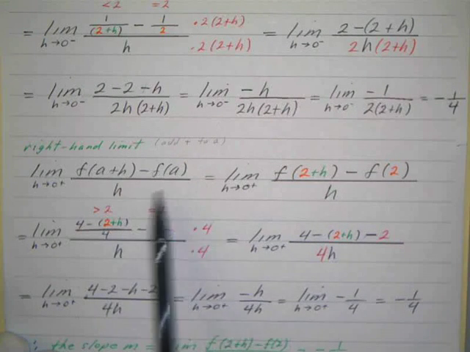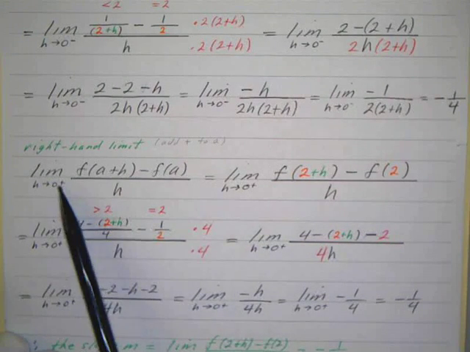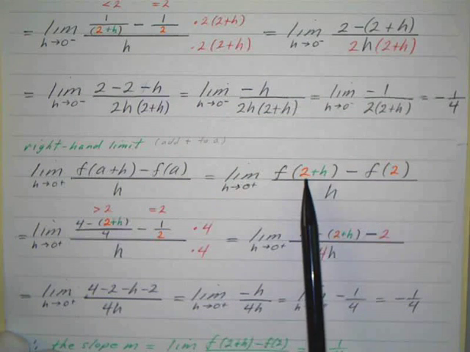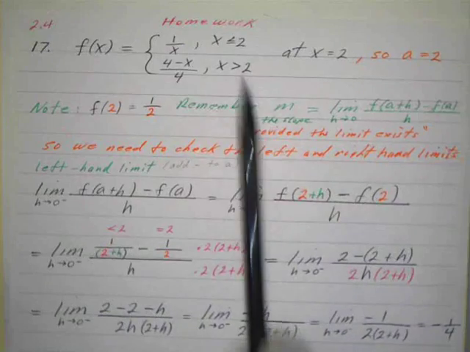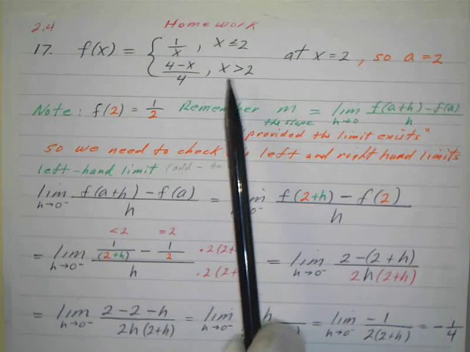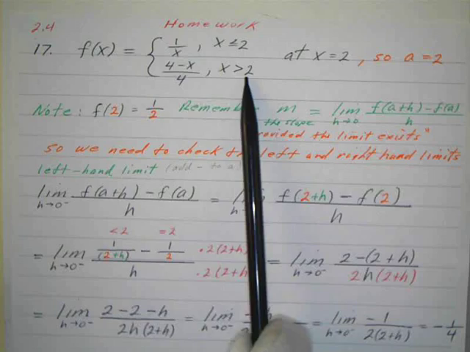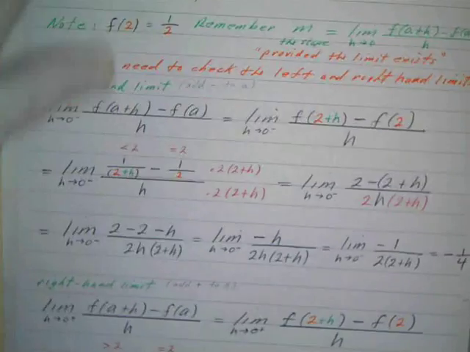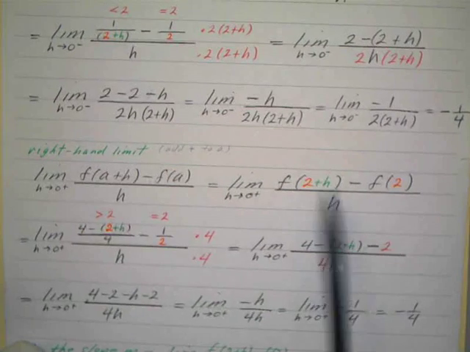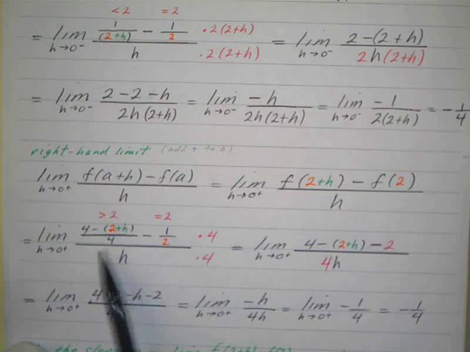And remember, since I'm going to be adding something, a positive to a over here, or 2 plus a positive, is going to be a little bit to the right of 2. So I'm going to use this part of the function. X will be greater than 2 because I'm to the right of 2, a little bit. Okay, so I'm going to use the 4 minus x over 4. Now the x is just this whole thing, so it's going to be 4 minus 2 plus h all over 4